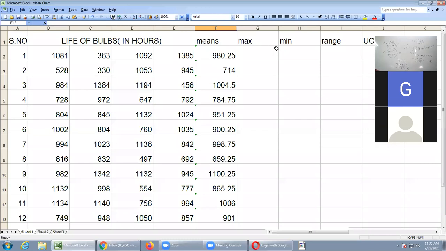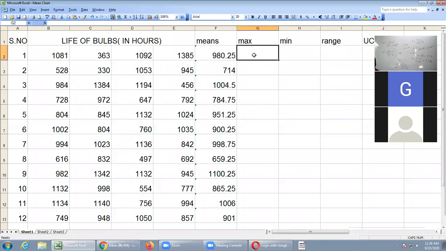So next you have to calculate range. For range calculation, manually you have done maximum value and minimum value. Then you have identified range is nothing but maximum minus minimum. So in the system, first you have to calculate the maximum values. After that you have to calculate the minimum values, and then range. Range is nothing but maximum minus minimum. So first I will calculate maximum values.